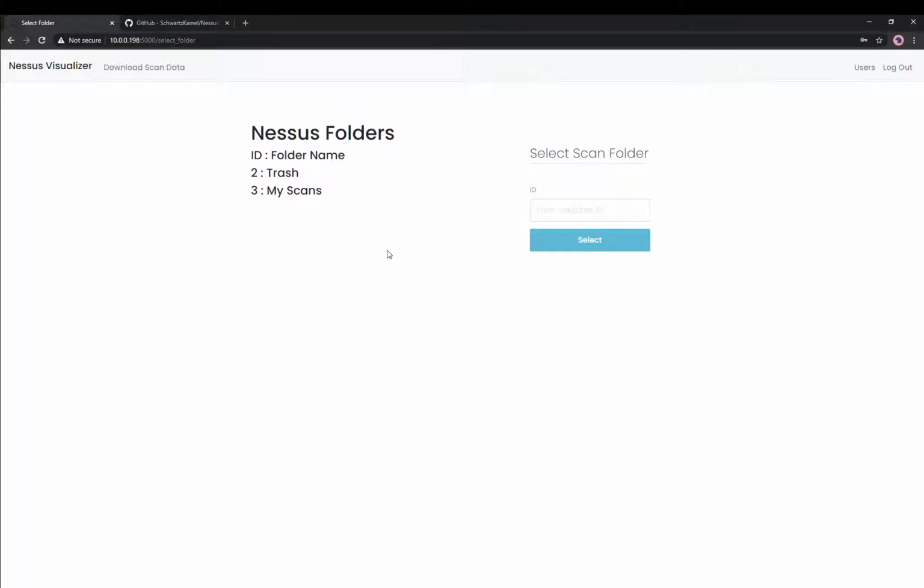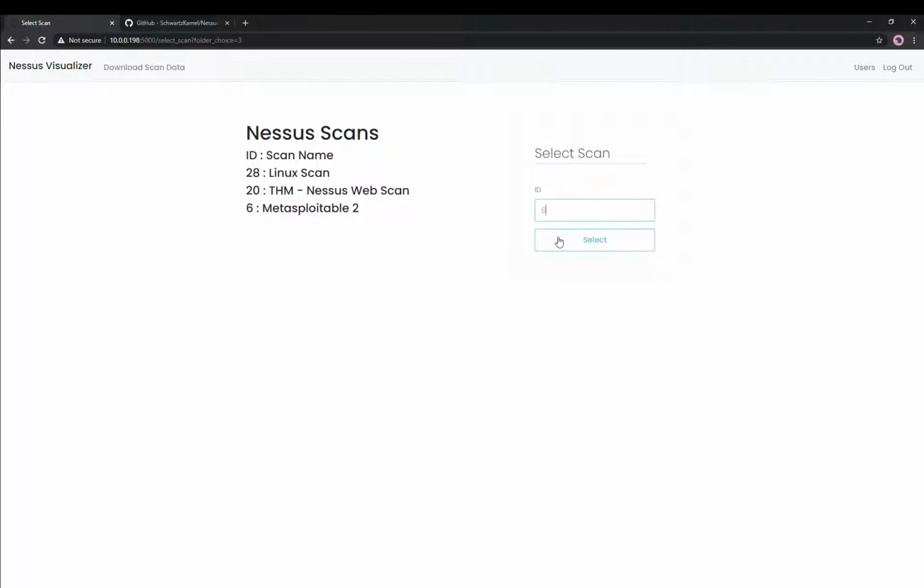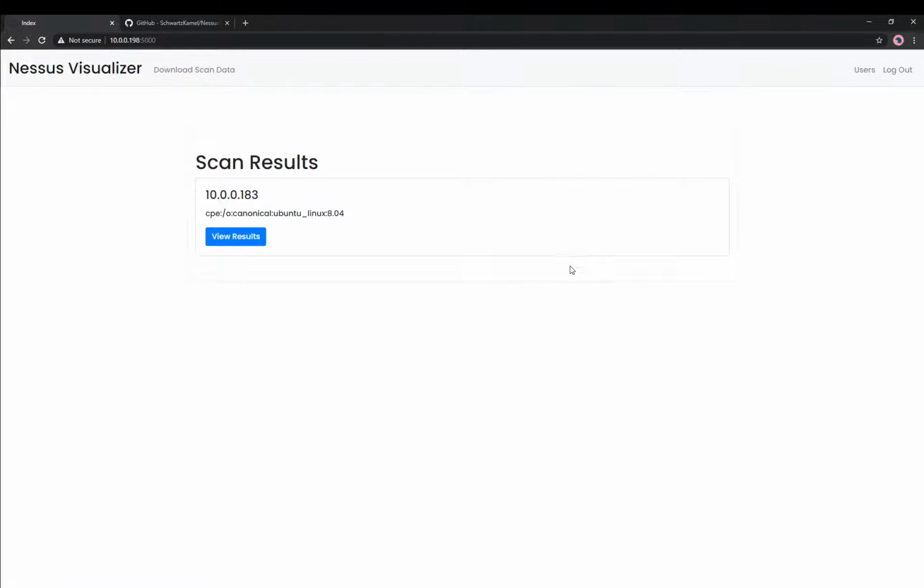We are immediately prompted to select a Nessus scan folder. And let's download Metasploitable 2. There's a lot of good scan results there to look at. So now that the scan data has been downloaded, we can see this is the IP address of the host that we scanned. It sees that it is an Ubuntu Linux 8